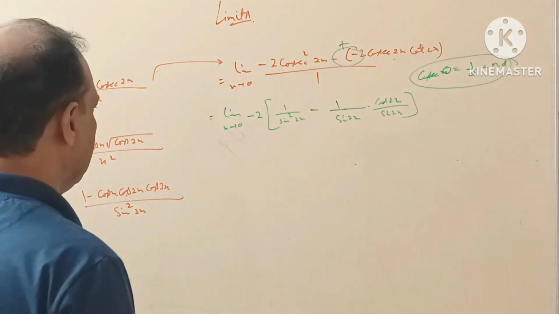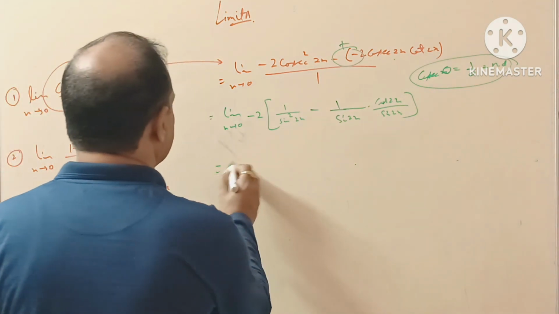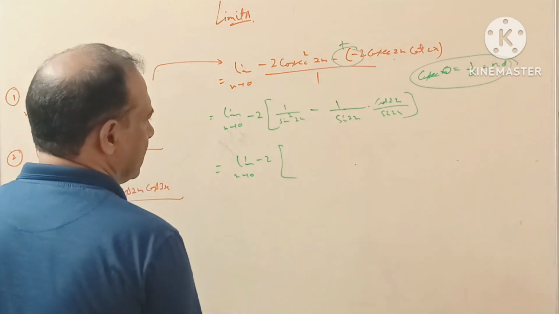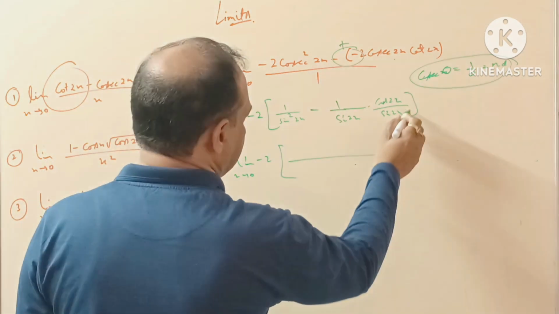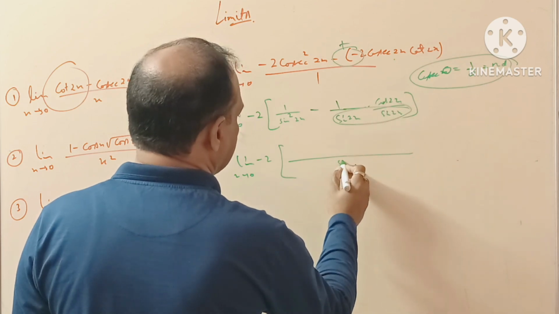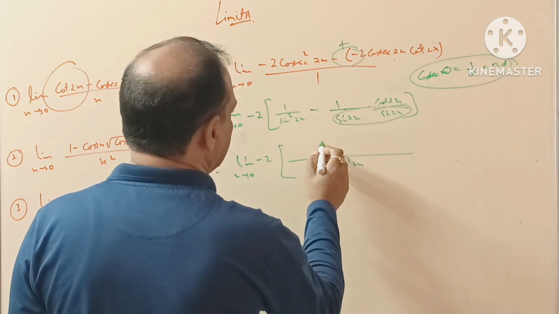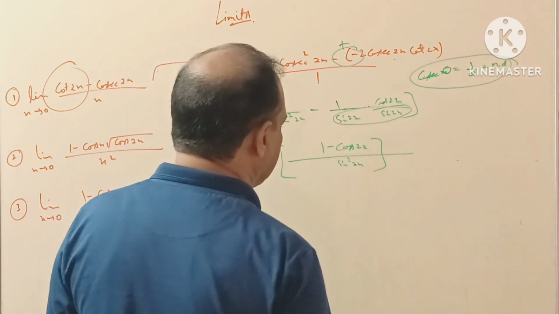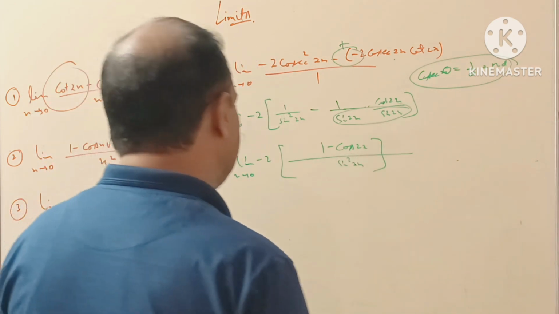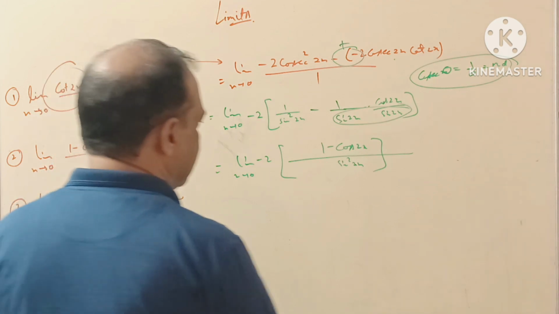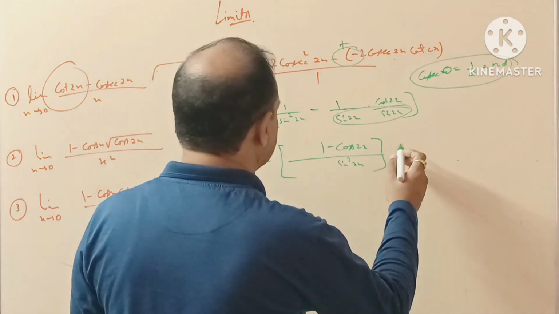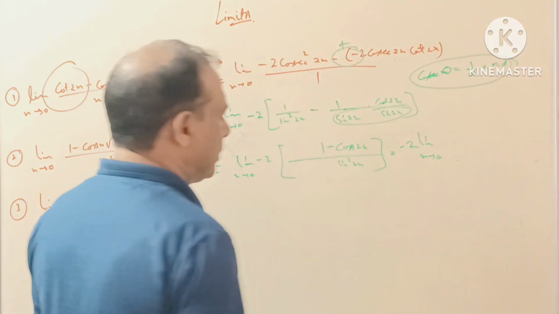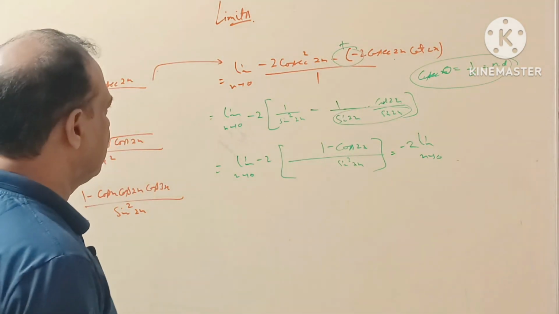Okay, now what I can do here is: limit x tends to 0 of minus 2. Here this will become sine square 2x, which will come into the denominator, and in the numerator you will have 1 minus cos 2x. Now this 1 minus cos 2x can be rewritten using a formula. So, minus 2 limit x tends to 0. We know the formula, and the formula is